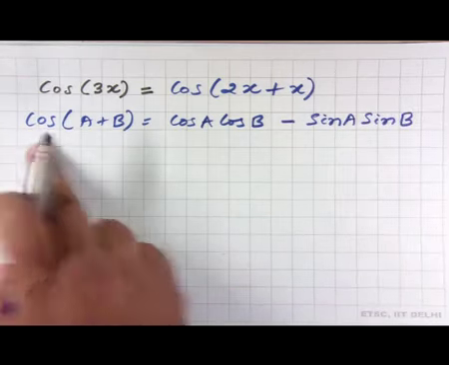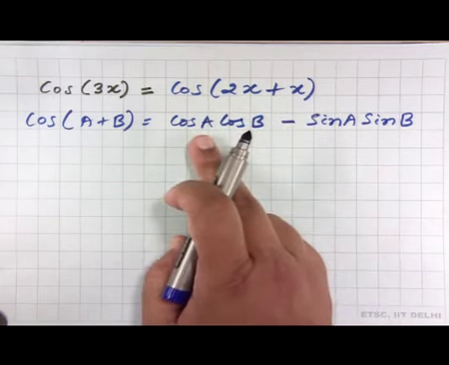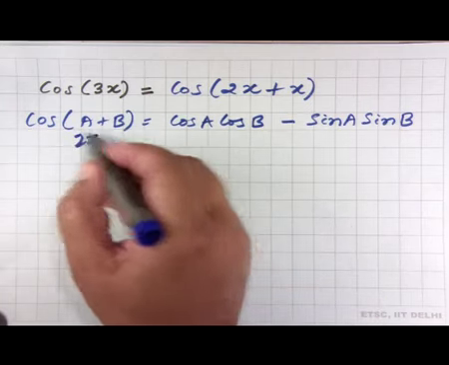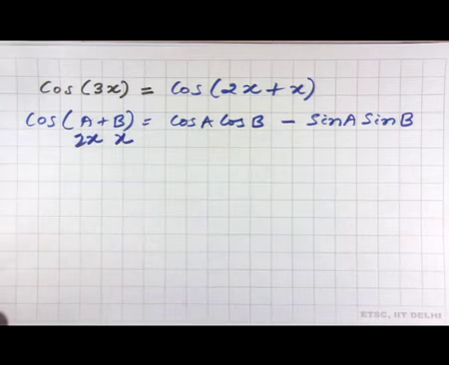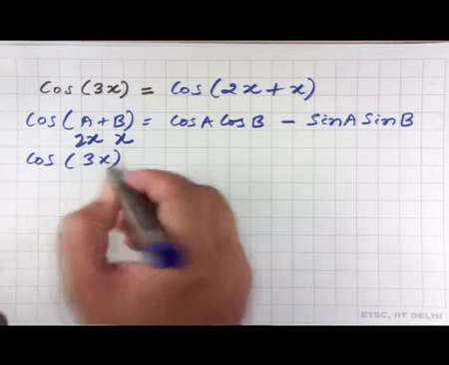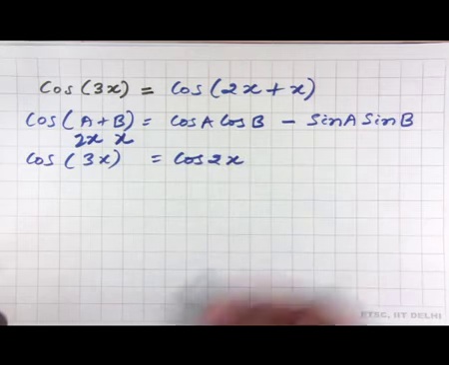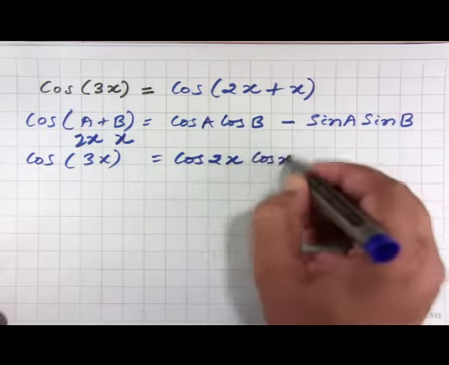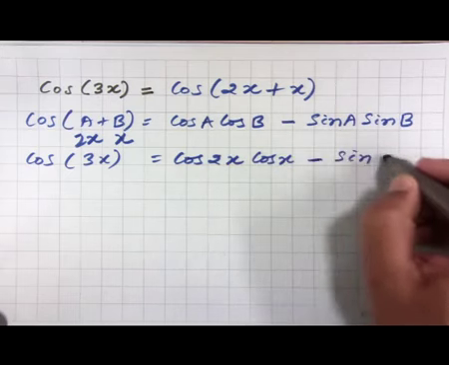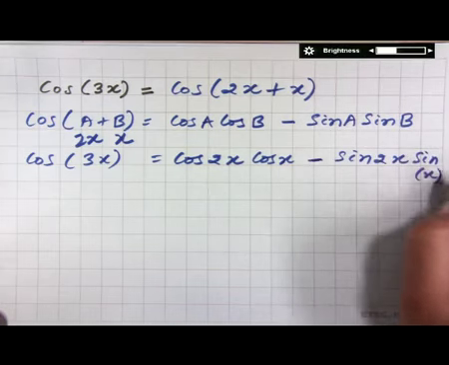Now, using this formula here with a equal to 2x and b equal to x, we will get cosine of 3x as cos 2x times cos x minus sine 2x times sine of x,